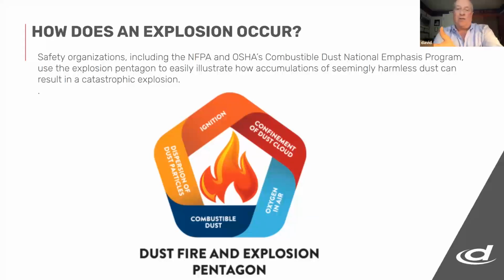Of course, there was oxygen in that area, so it was able to provide more feeding to a fire if it occurred. Combustible dust, in that case, sugar, was being filtered up into the air. Dispersion of those dust particles happened when it started to fall around and filter up underneath and inside the hoods, and then the ignition was the hot bearings igniting that dust, or it could be a spark,